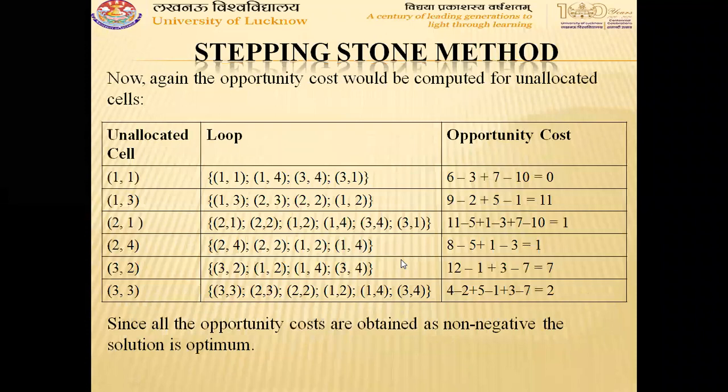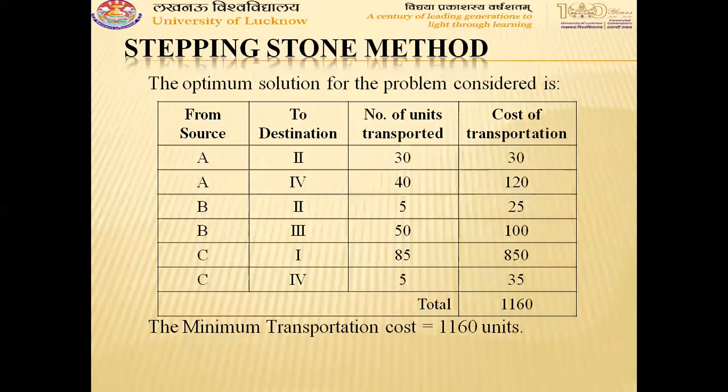Again, loops are constructed and opportunity costs will be calculated. Here we can see all the opportunity costs for all unallocated cells are non-negative. That means our solution is optimum. The optimum solution can be represented in the same manner as we have represented in the methods for obtaining initial basic feasible solution, as well as in modified distribution method. So here we can see the total cost for transportation is 1160,